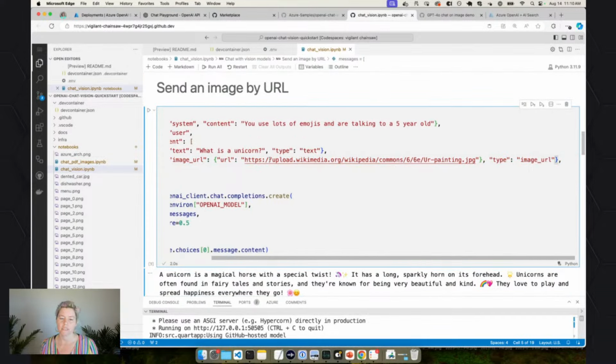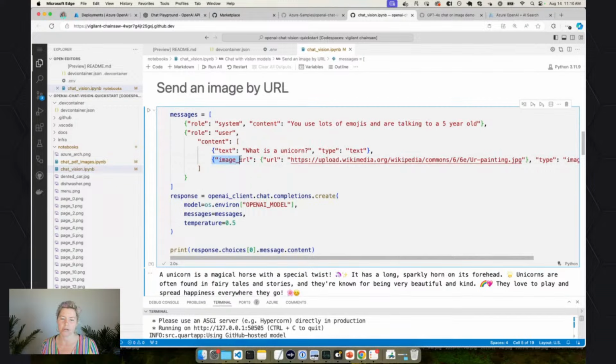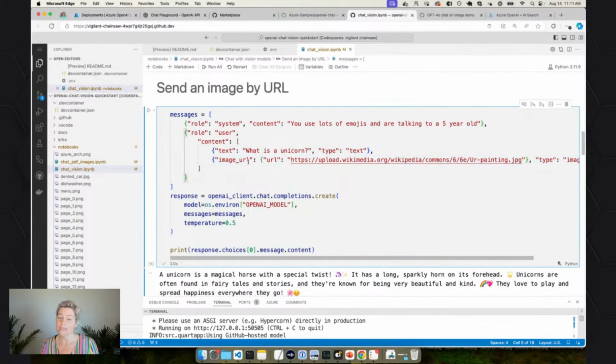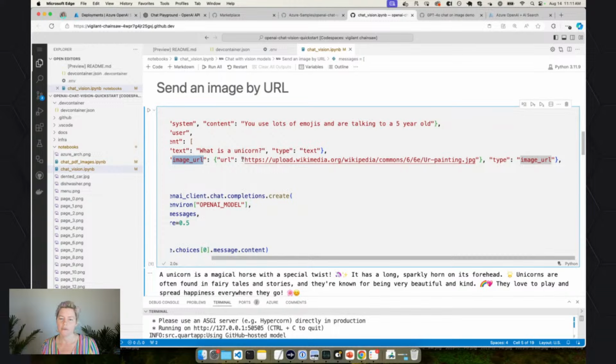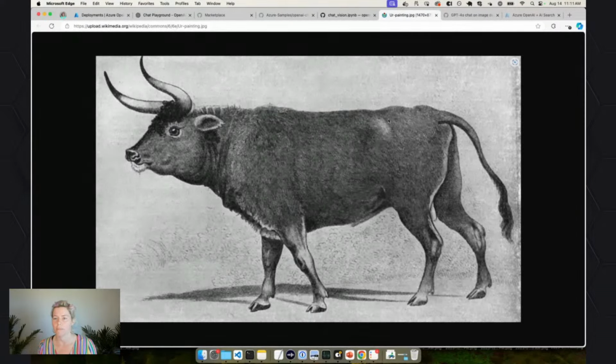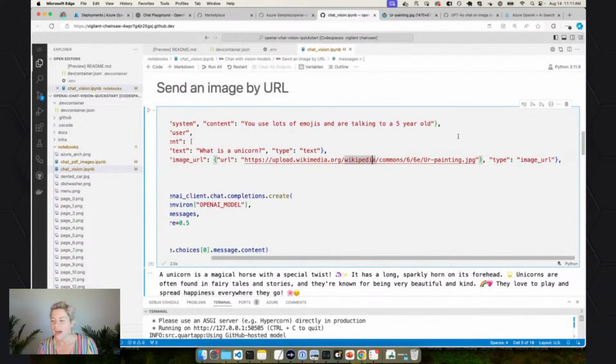So what I'm going to do is I add on this image URL to the content of the message, and we can actually add on multiple image URLs. So we'll start off with one. So this is an image URL, and here the URL is actually pointing to a publicly available URL. So this is one option, to point at a publicly available URL. This is one I got from Wikipedia that's public domain, and I found it on the unicorn Wikipedia page. It's not a unicorn, but